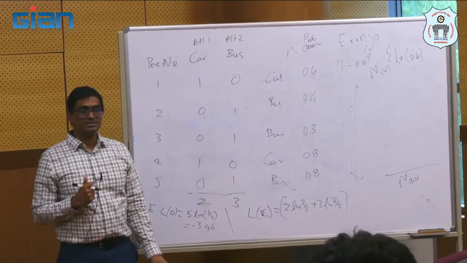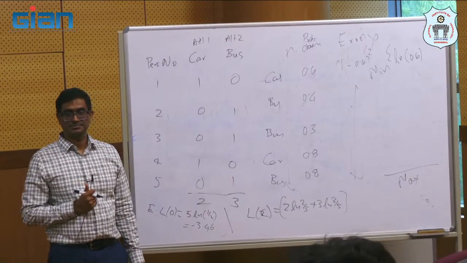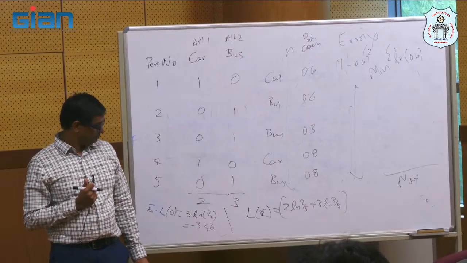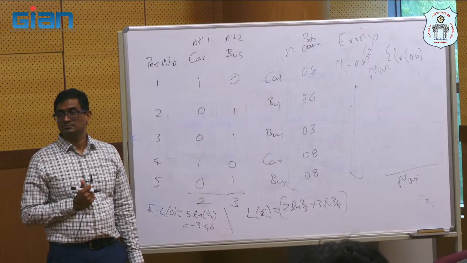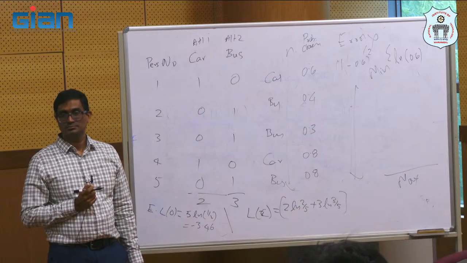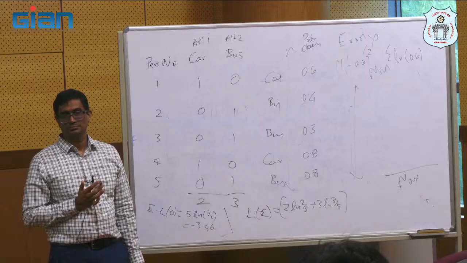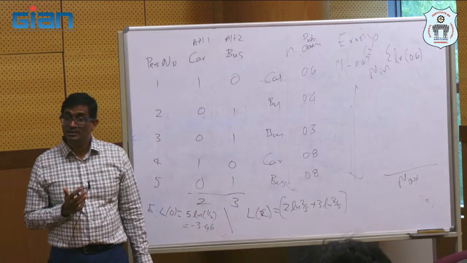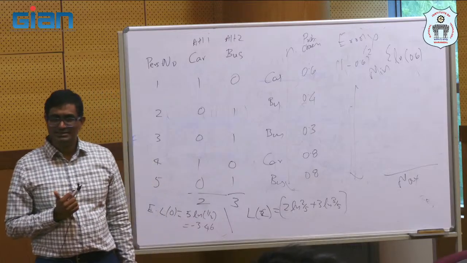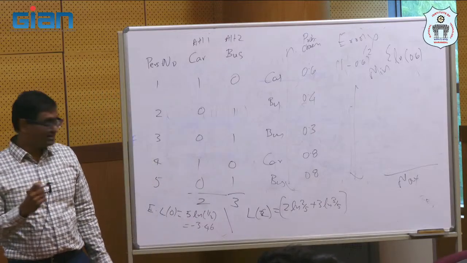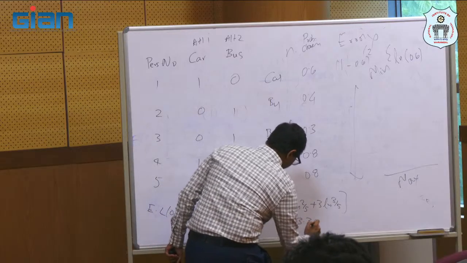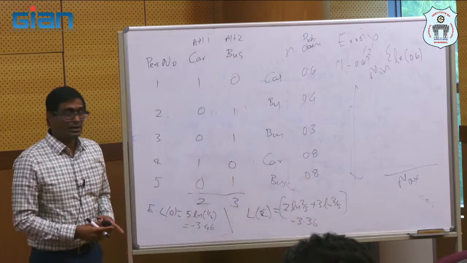Ln 0.4 plus 3 ln 0.6. Three point 3.6, 3.3, so it should be smaller. Sorry. Okay. So